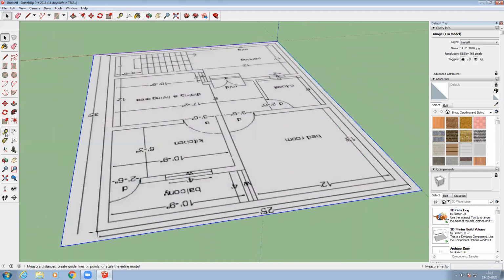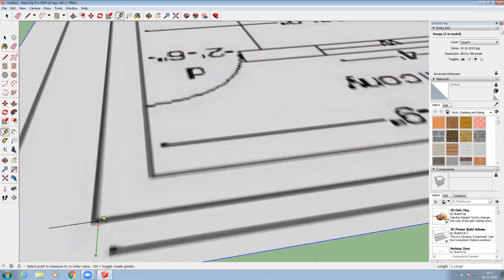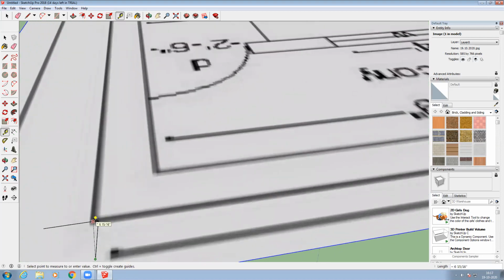So I'm going to take the tape measure tool, and I'm going to take these two measurements, right? And you can see 24 feet 11 inches, or something equivalent to 25 feet, right? Because here we don't know the exact point, right? So it came out as something with some decimal, it may have come out slightly off, right?